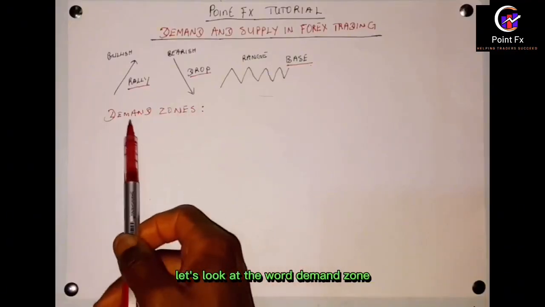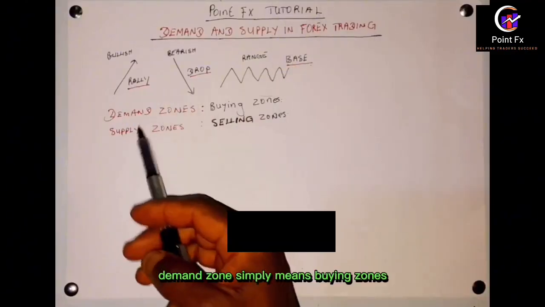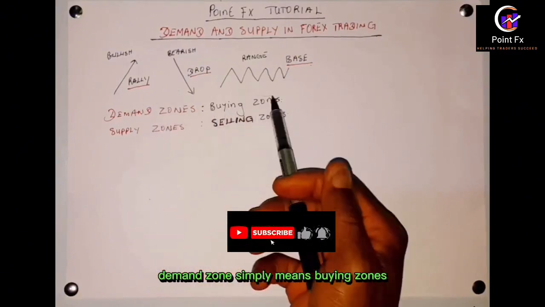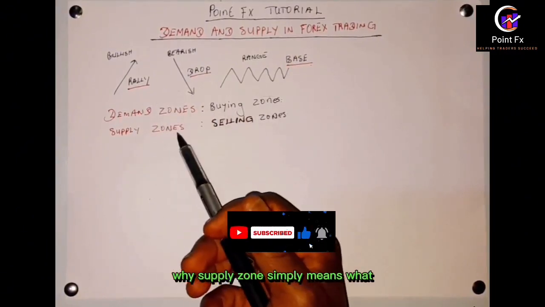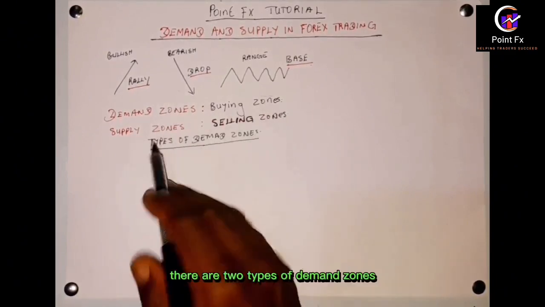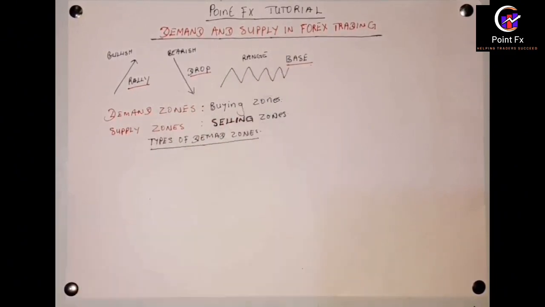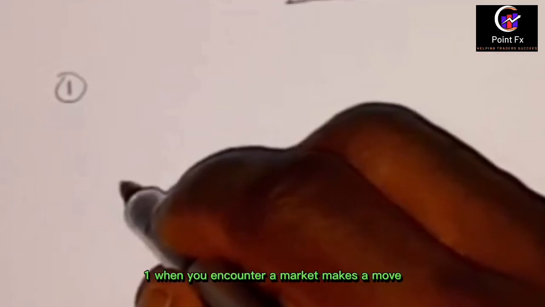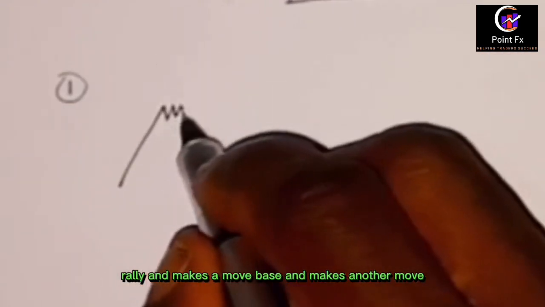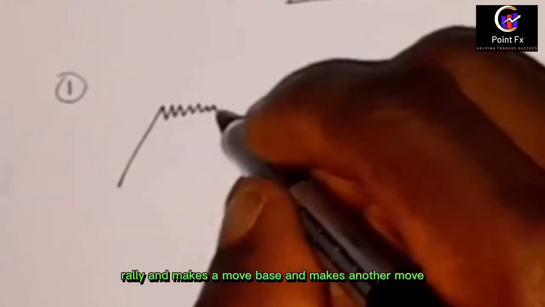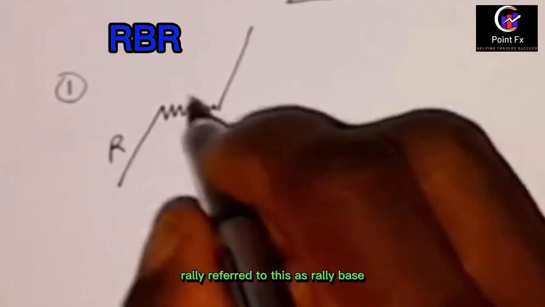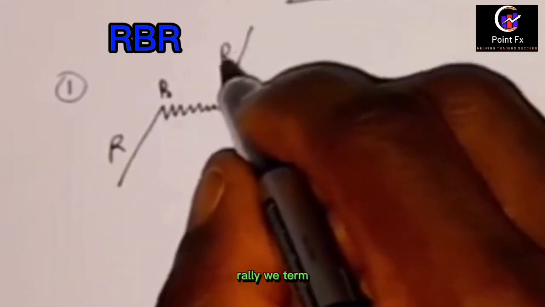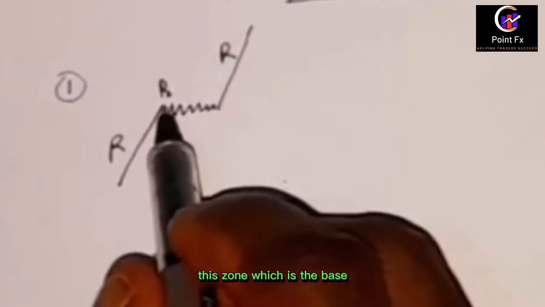Let's look at the word demand zone. In forex trading, demand zone simply means buying zones, while supply zone simply means selling zones. There are two types of demand zones. One, when you encounter a market that makes a move, rally, and makes a move, base, and makes another move, rally, we refer to this as rally, base, rally. We term this zone, which is the base,